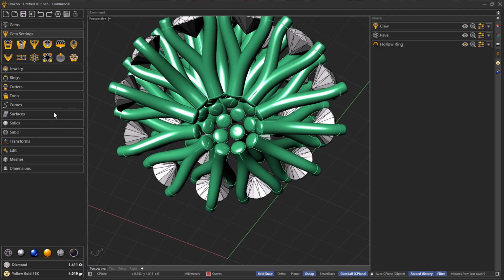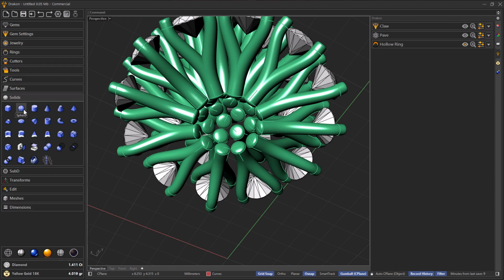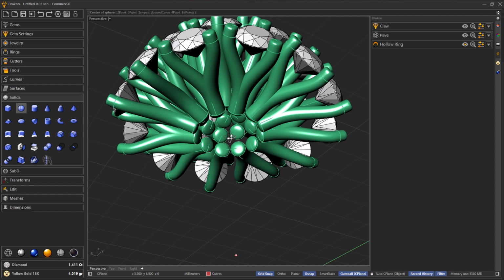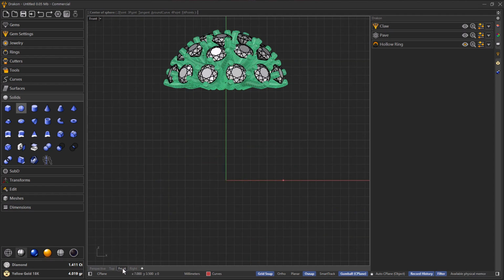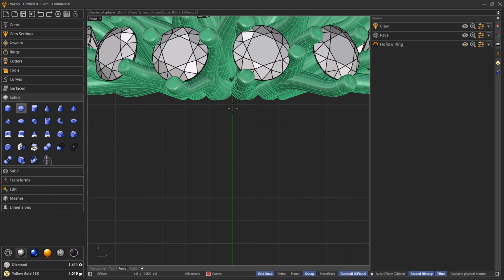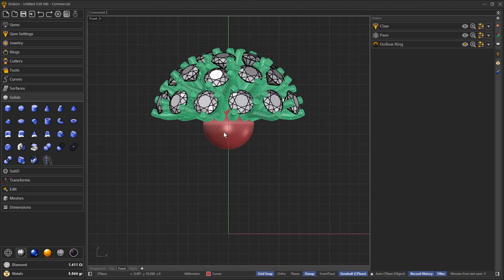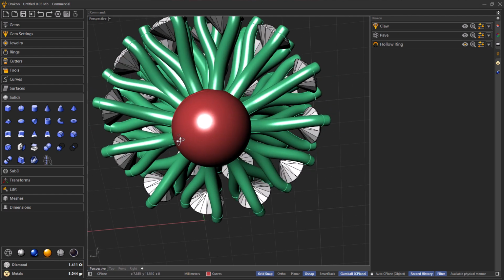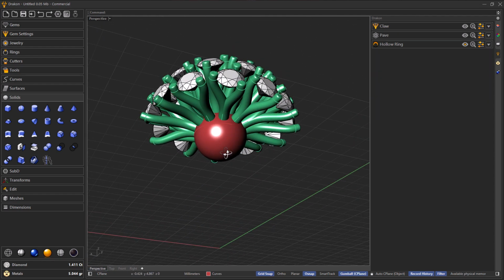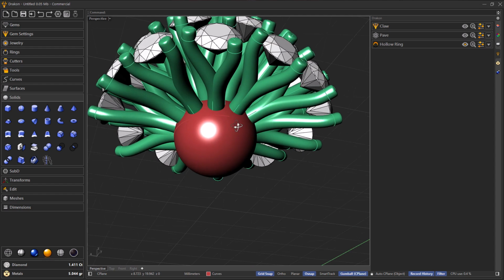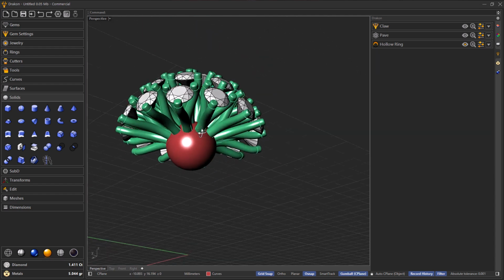So let's create another solid. And once again, we are going to use the sphere. And I'm going to the front view again. Let's make a sphere in here to connect all these settings back to the perspective. So you will see that this will be connected in this object, but actually